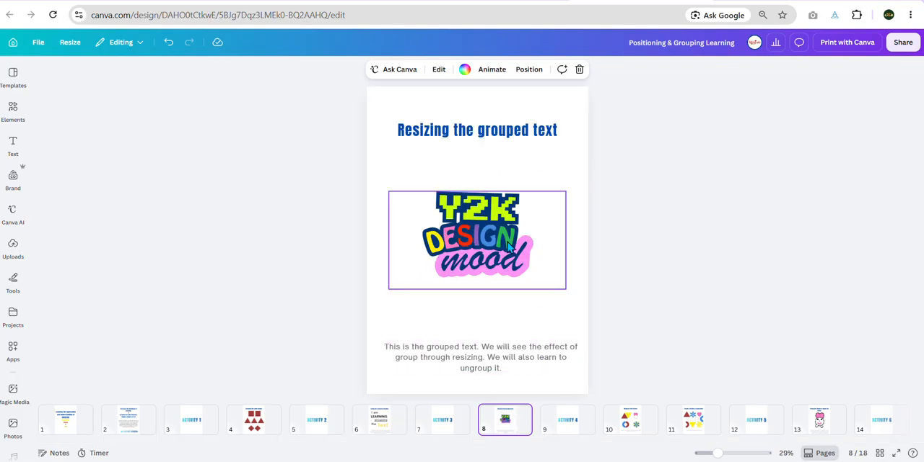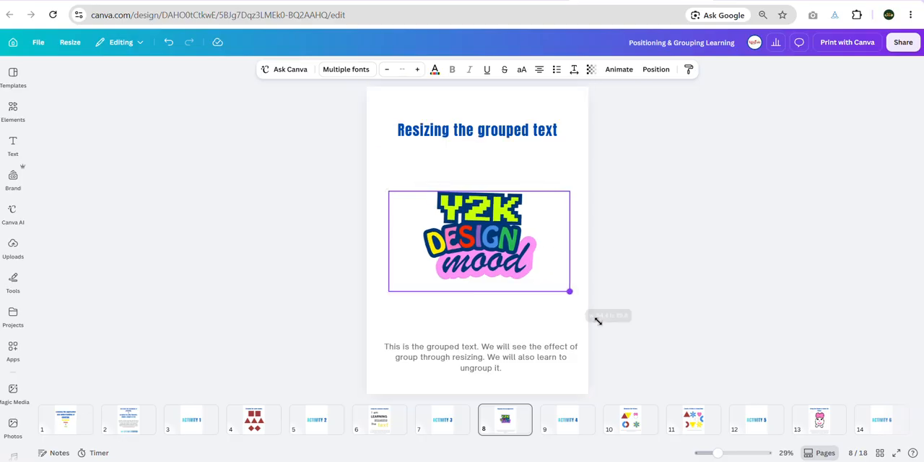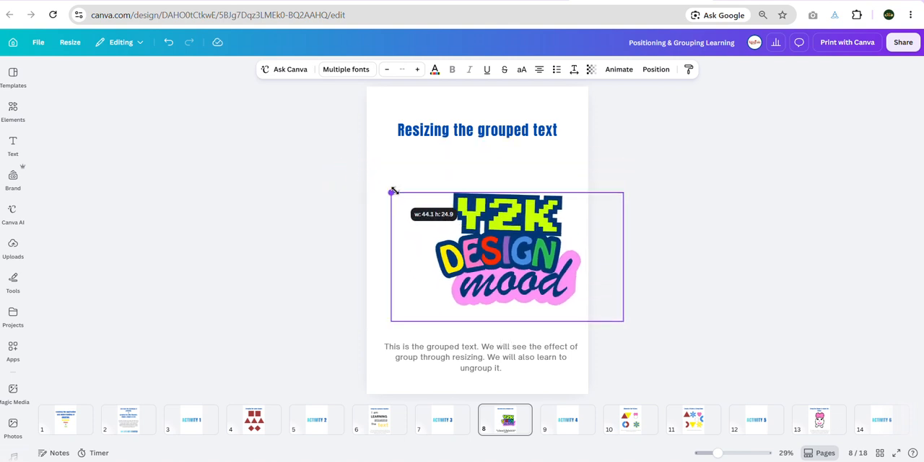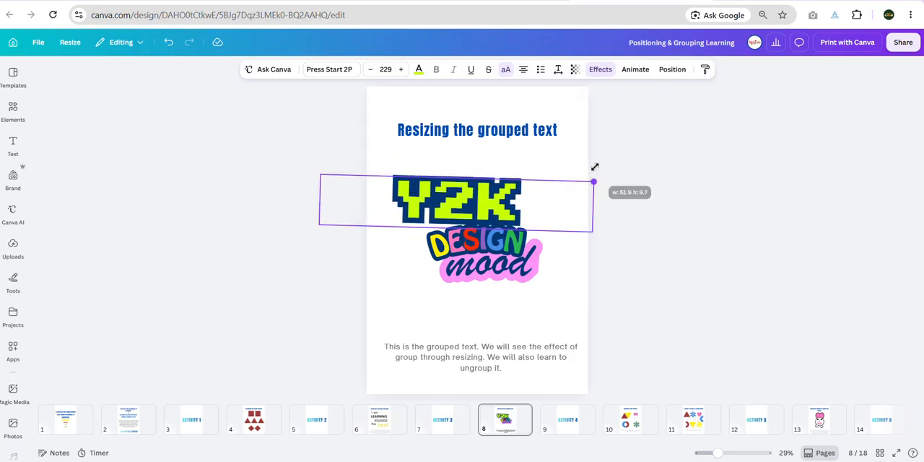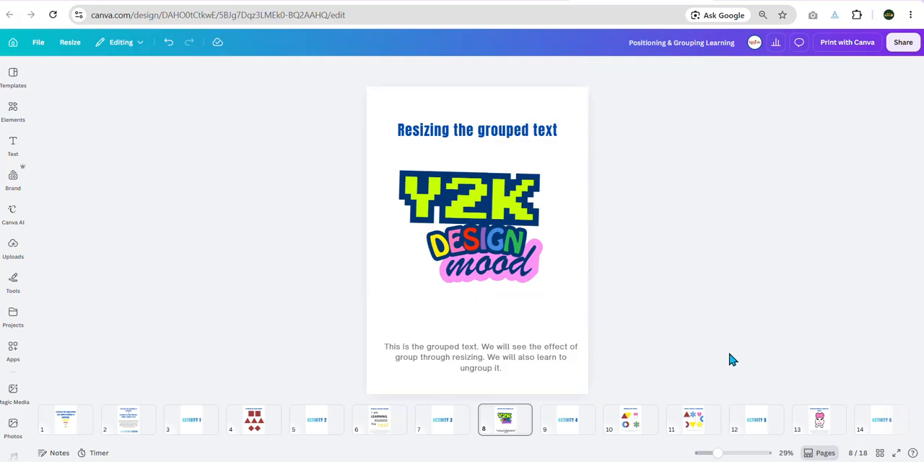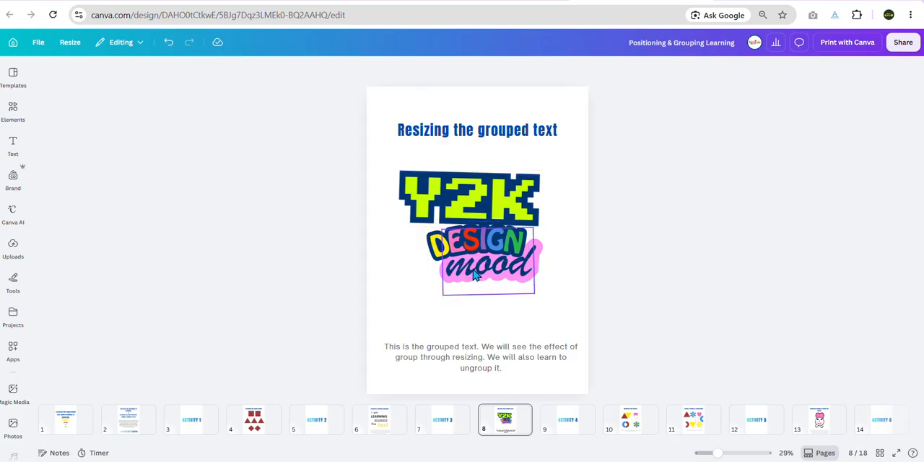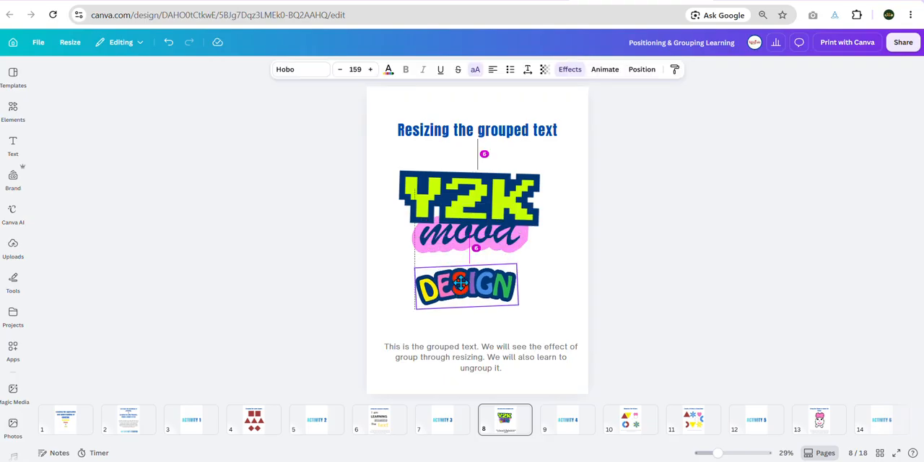So this is the grouped text, and what we have to do is resize the grouped text. This is how we can resize it. All the three will be resized. If I want to just resize the first one, I can do this. Although it is grouped, I can still do this. And how I can ungroup this, I'll just click on this and ungroup this. So this is ungrouped now. All the designs are ungrouped. I can rearrange them